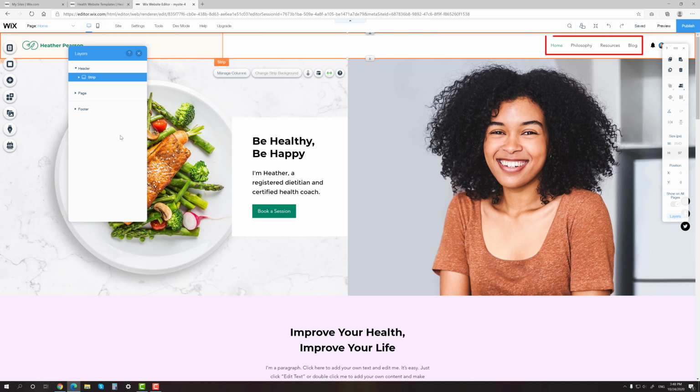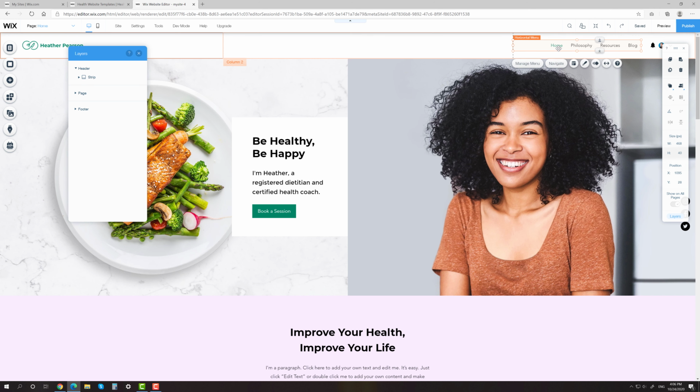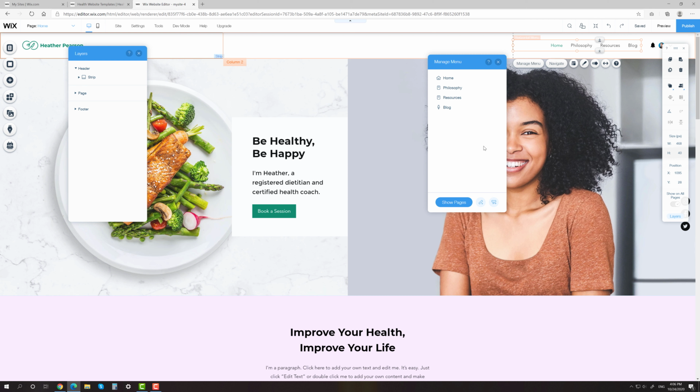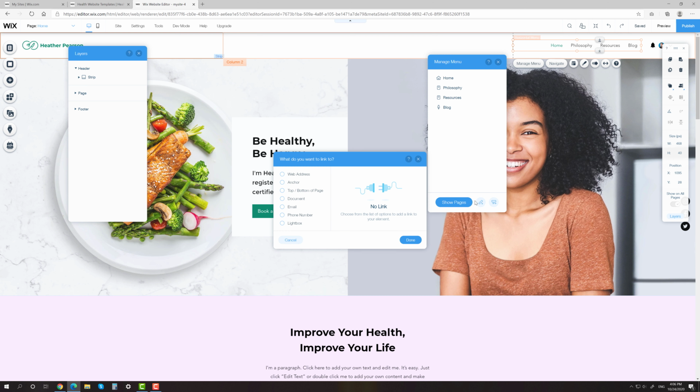As you can see, I have an ordinary horizontal menu. It will be great to add some new items, won't it? To do that, click the Manage Menu button. Here we can add, remove, rename and reorder its items as well as change their links. To add a new link, click on the corresponding button.